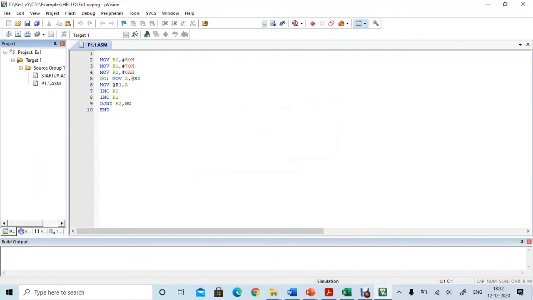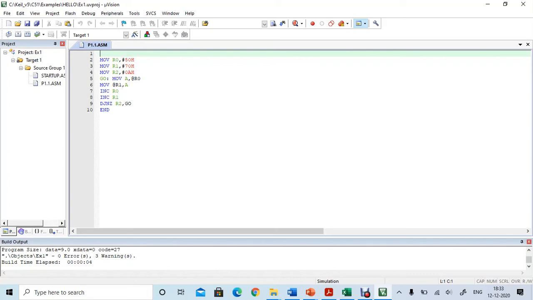Once the file is added, you have to build the target to check the errors. So click F7 on the keyboard, or right click on that program file and build target. We can see there are 0 errors and 3 warnings. Warnings can be ignored.